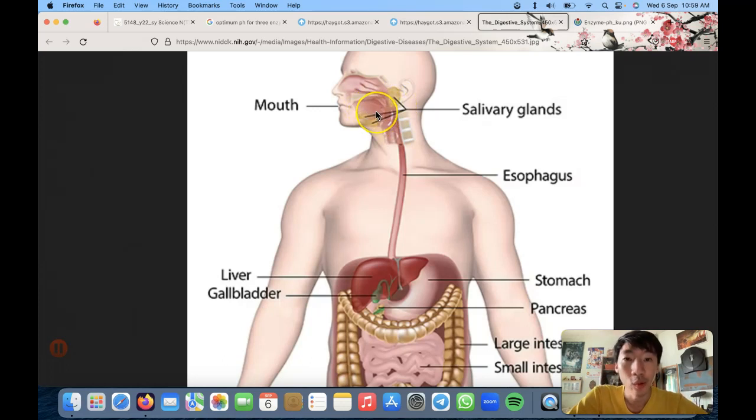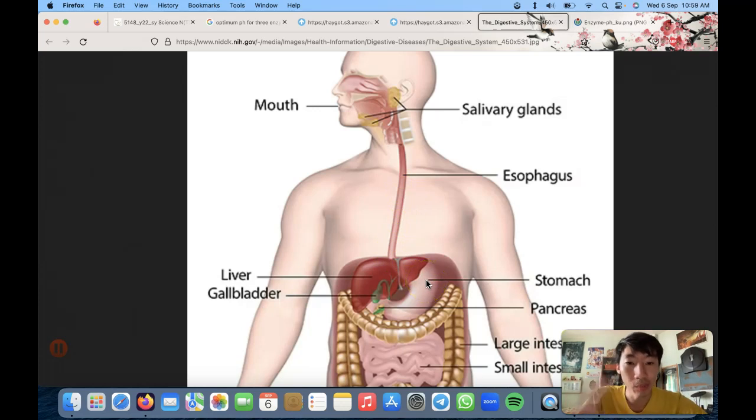Okay, then the food will be turned into like a paste, like a mushy thing, like a ball, and this ball will then go down your esophagus, which another easier way of saying esophagus, of course, would be your gullet, G-U-L-E-T. So in the gullet, you'll be just going down. Actually, your gullet is able to contract and push it downwards. So it's a bit like a wave that's going down. Okay, and then it'll go down into the stomach.